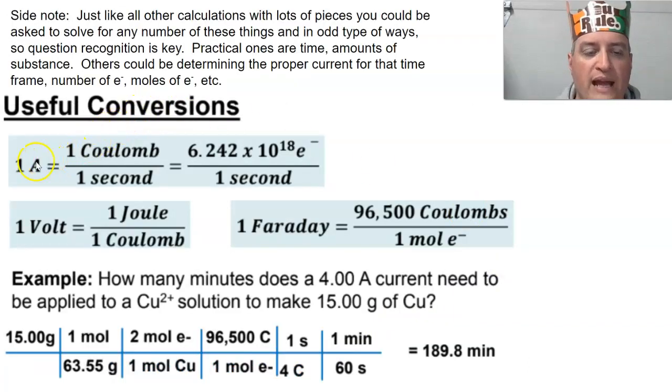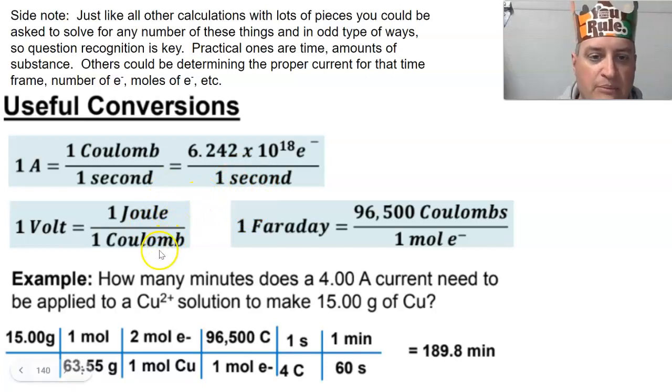So we have the idea an amp is a coulomb per second, so many electrons per second. Volt is a joule per coulomb. Faraday is so many coulombs per 1 mole of electrons. So we can see there's a lot of variables in here that we can cancel out, convert, and change into different things. So an example that would come up in something like you're trying to